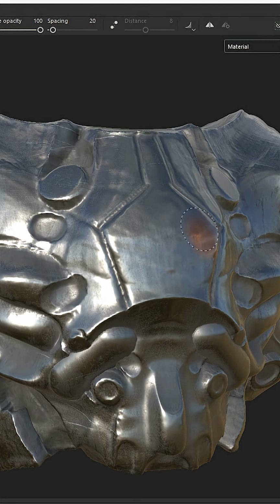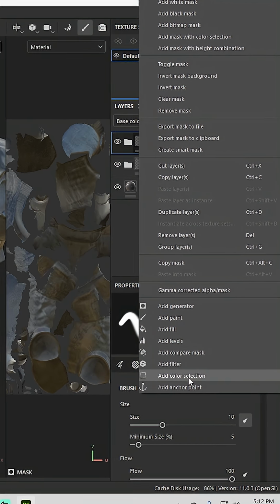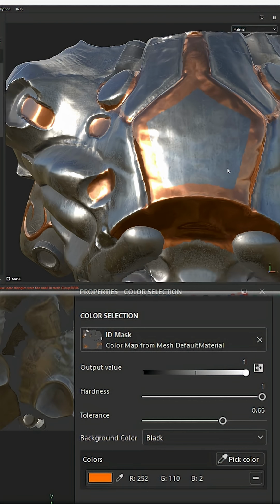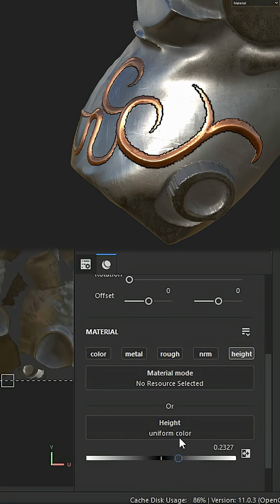Then add a black mask, which lets us paint onto our object, but we want to go ahead, right click, and select add color selection, click the eyedropper, and then select the color that we want to select. From here you can play with the settings and it'll automatically mask out the object based off the colors